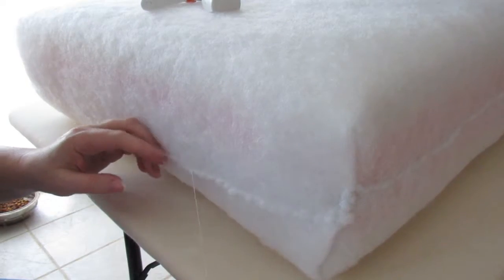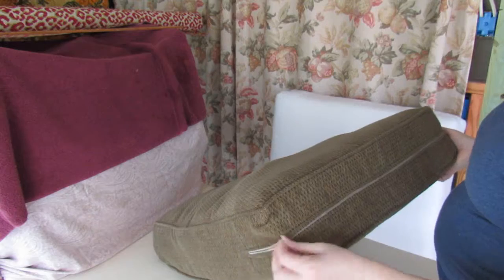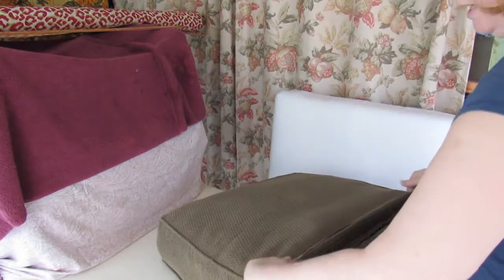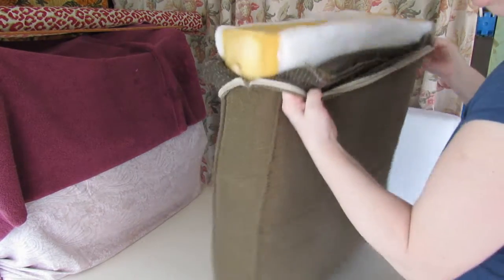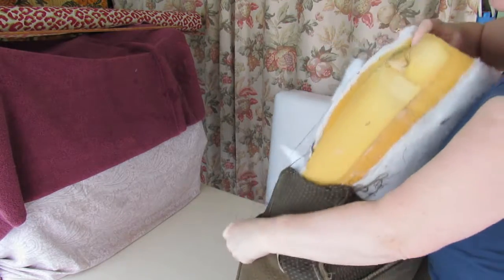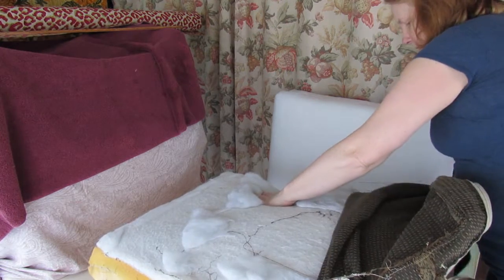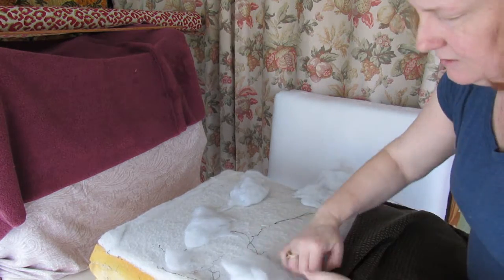So there's a bit of a tail and then cut it back. Perfect. Now I've got 4 more to do. Let's take the cover off, peel it back, top and bottom. I'm just going to take it off so it's inside out when it comes off. That's not a problem. Now it looks like somebody was trying to even